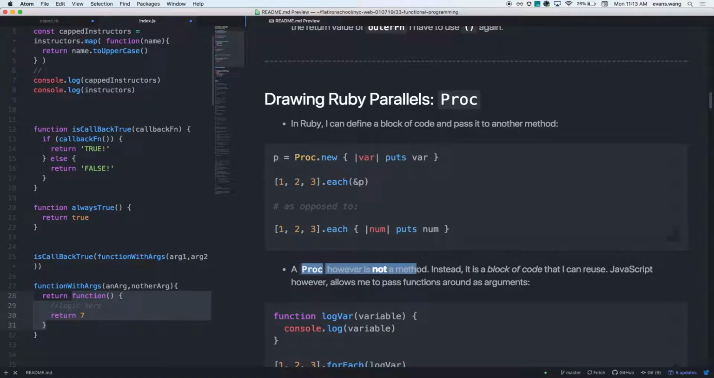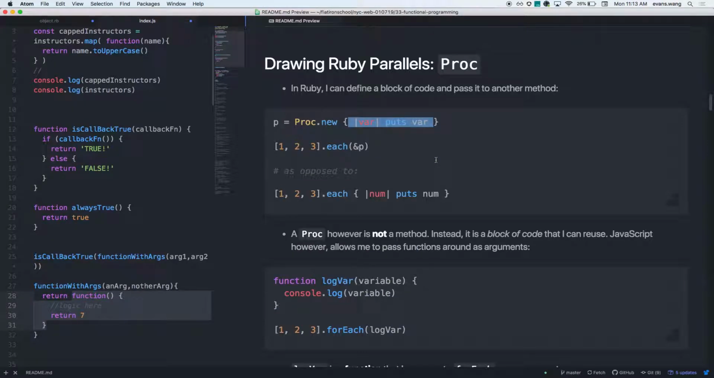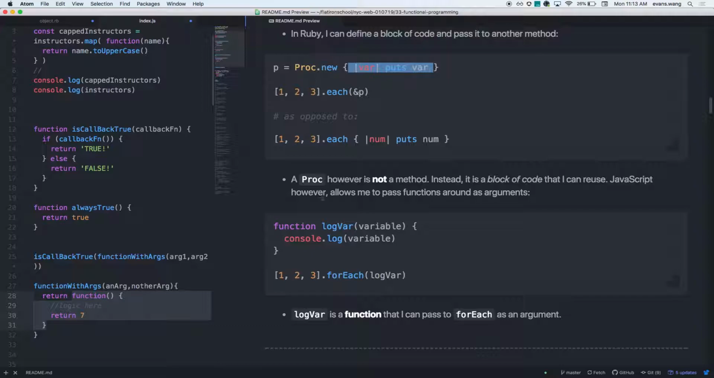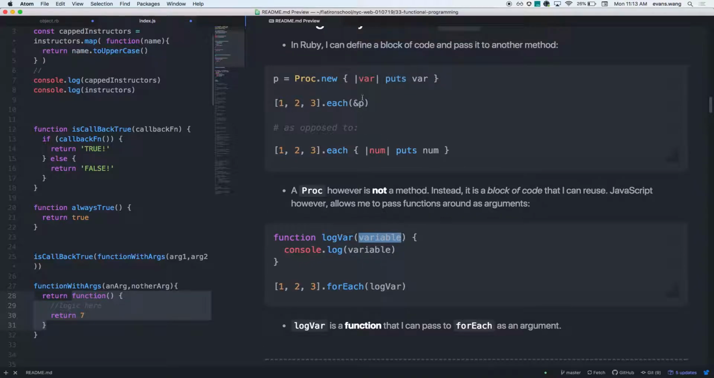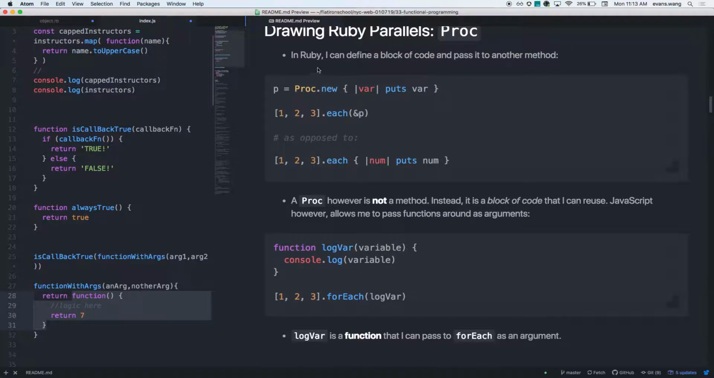Proc, however, is not a method. It is not a full function of itself. It's simply a block of code that you can reuse. JavaScript allows the full function to be passed in like arguments. In this block of code, you cannot store any arguments. And so Ruby is said to not treat its functions as first-class objects. You cannot fully store a method